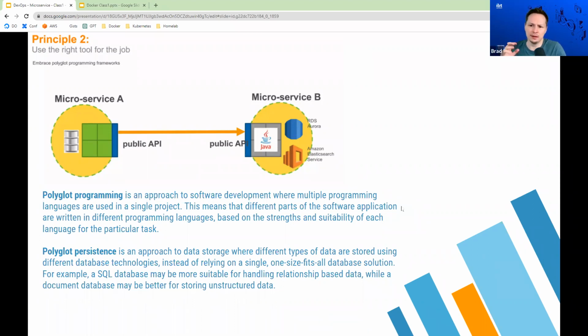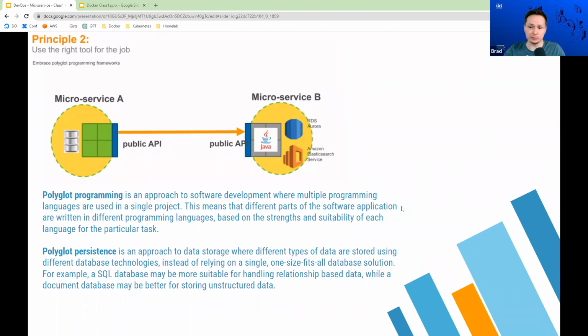So let me read these out for you. Polyglot programming is an approach to software development where multiple programming languages are used in a single project. This means that different parts of the software application are written in different programming languages based on the strengths and suitability of each language in the particular task.